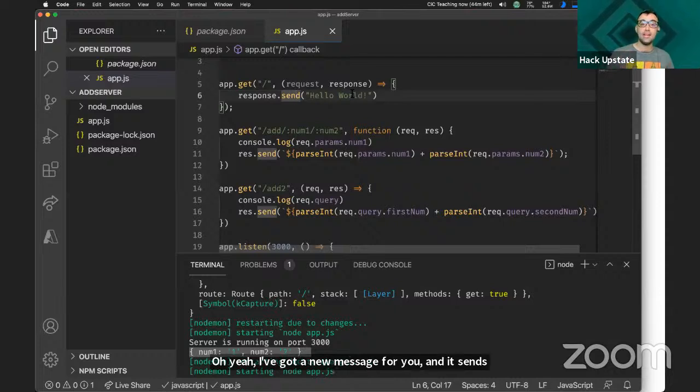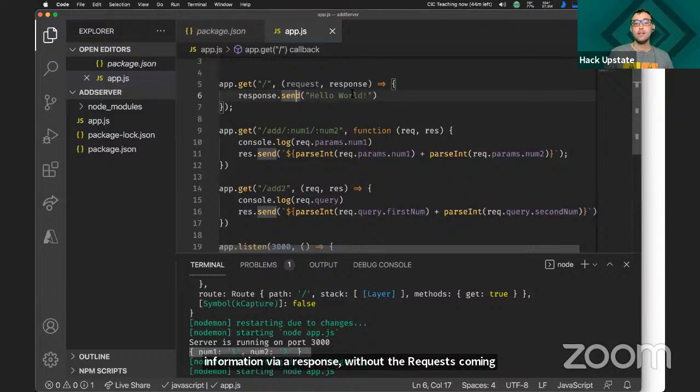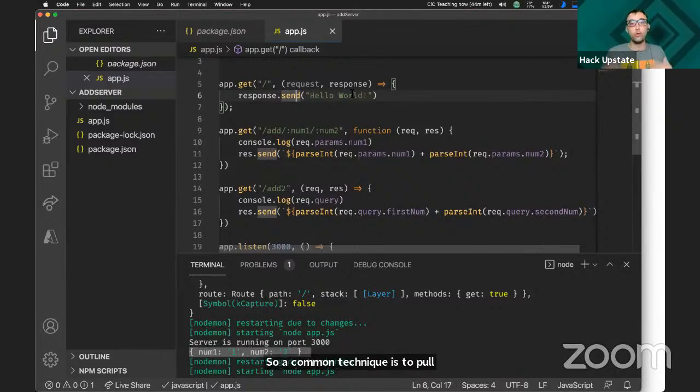But with REST, which is the way the vast majority of the internet is built, the server cannot send information via a response without the request coming in from the front end to do that. So a common technique is to poll the server to continually ask it, hey, do you have any new information for me? And if you do, it shows up.